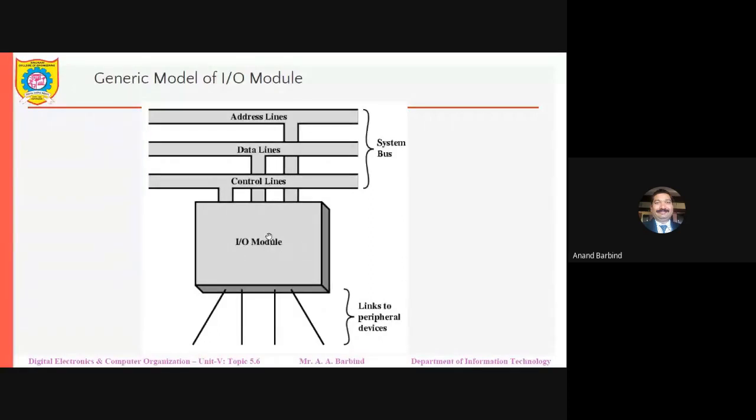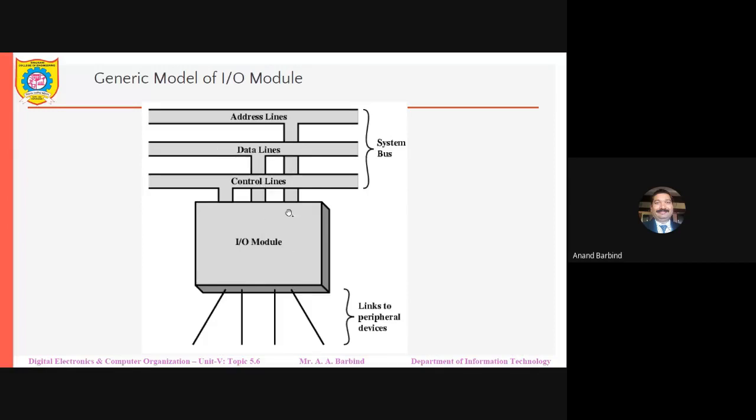Okay, in fact, it is not going to select directly the input output device. It is going to select the IO port, input output port, and then connected to this particular input output port is the peripheral, that is the input output devices. Okay, so it first selects the port, so through that particular port it either reads or writes, so that actual reading and writing happens on the data lines, whereas the control lines actually control whether the data is either sent to the IO module or data is received from the IO module,